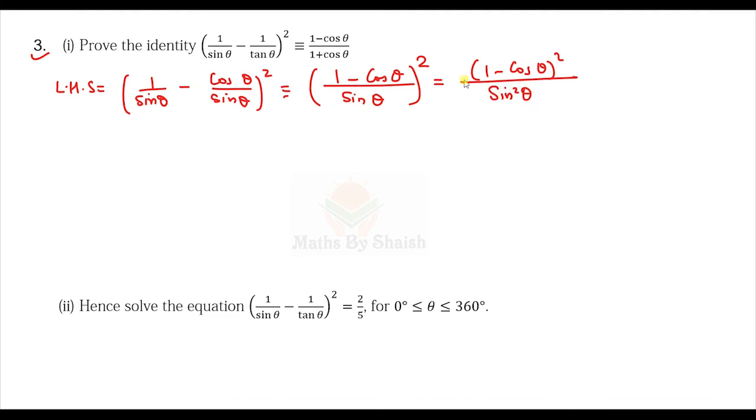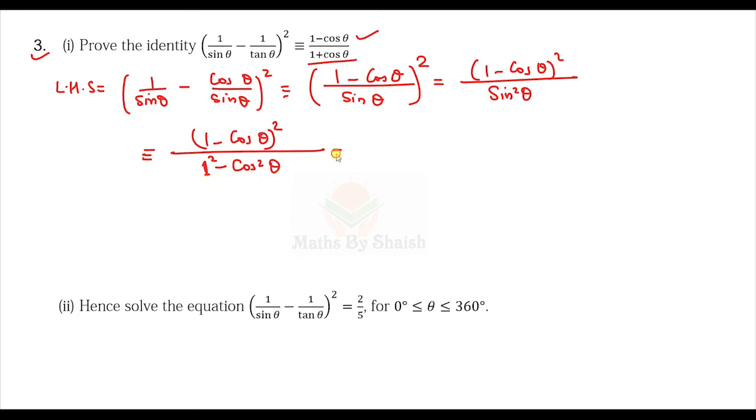So we have to keep in mind what we are going to prove. 1 minus cos theta is already there in the numerator, so we only need to remove the square. So we have sin square theta, and from sin square theta we have to convert it into cos, because we have cos here. So we'll use the other identity. We will not do anything with the numerator, (1 minus cos theta) whole square. Next, here it is 1 minus cos square theta, and 1 I can write as 1 square, so it is the same as a square minus b square.